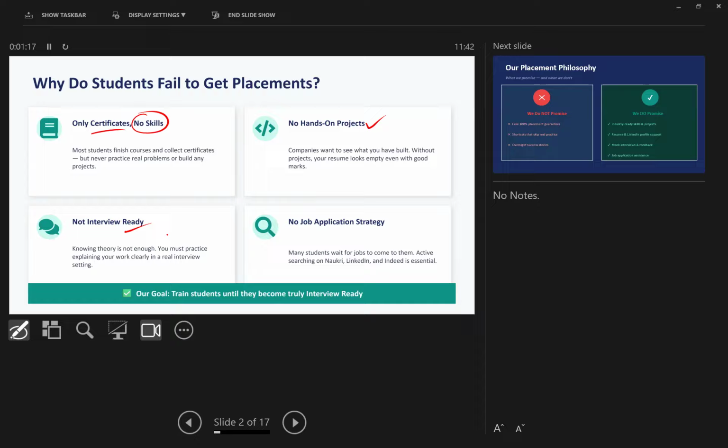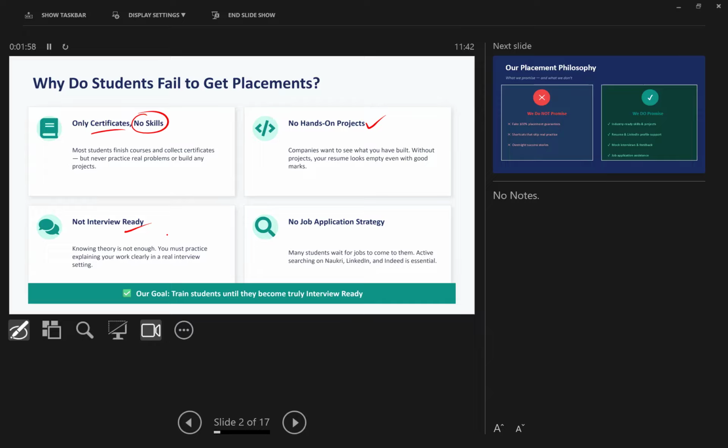What is not interview ready? Suppose I ask a question during the interview, and you are unable to answer it or represent yourself. You know the answer actually, but you are unable to answer, maybe because of fear or not knowing how to present the answer. We also call it a lack of communication skills, having a lot of fear, lack of confidence. Because of these, students are not able to provide answers even though they know the concept. That is a very common problem anyone will face in their lifetime. Even we came from that particular situation. So that's the reason we kept placement assistance separate, to help and support the students in this way.